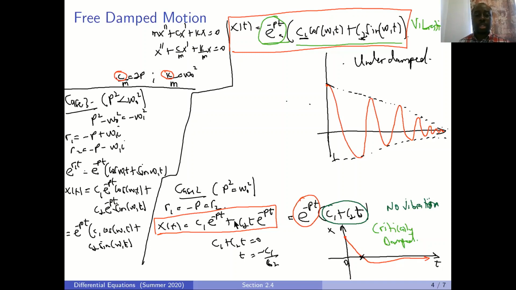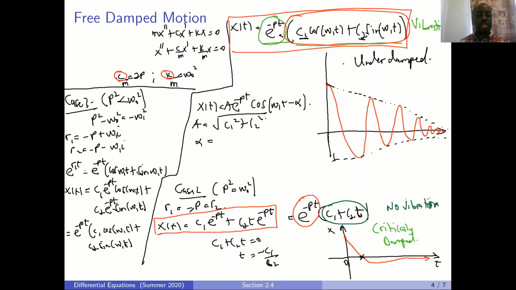So just like we did with the underdamped case, we can write this oscillating part here as a single trig function, so that we have A e to the minus pt cosine of w1 t minus alpha, where my A is the square root of C1 squared plus C2 squared, and my alpha, of course, is